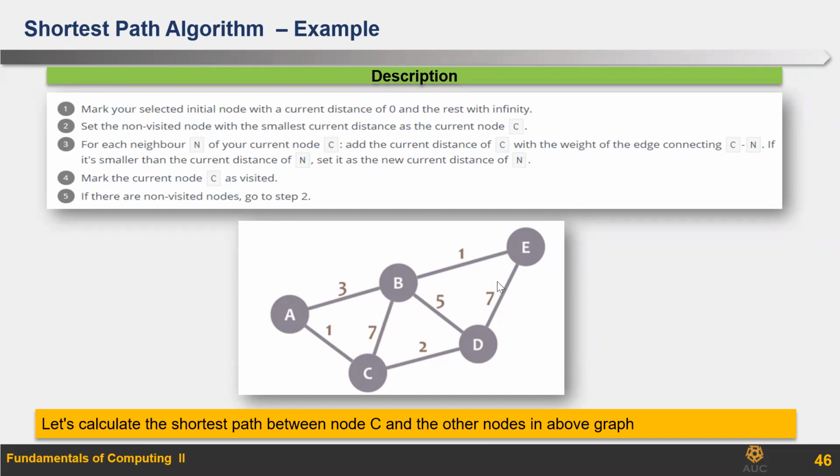You will be given a graph and you will be asked مثلا لو ابتديت من node C, what is the shortest path to D, to A, to B, to E. خلاص؟